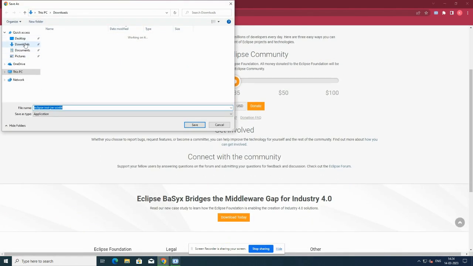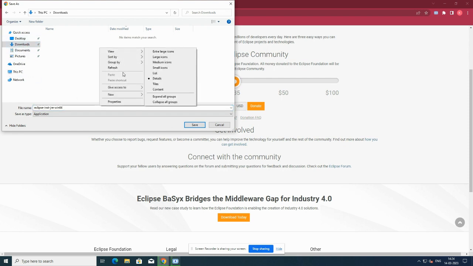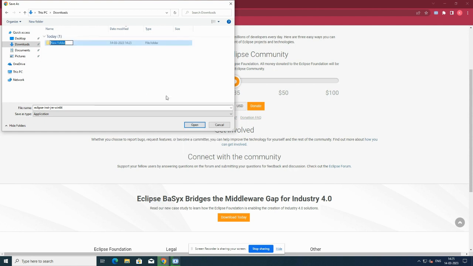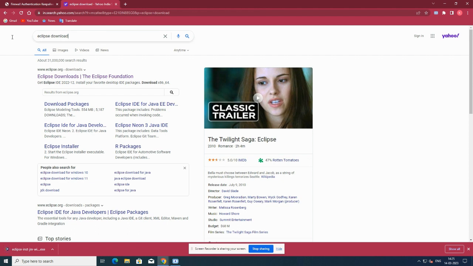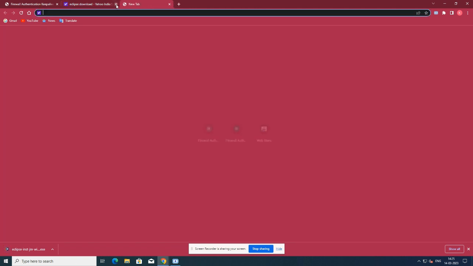In downloads it will get saved. In order to keep everything together, I'm creating a folder with the name Selenium, and I'm saving my downloads inside that. The download got completed. I'm closing the browser, and again I'm going with the next download, that is